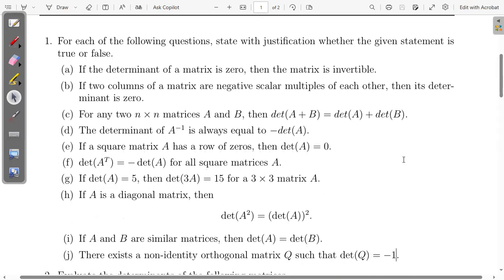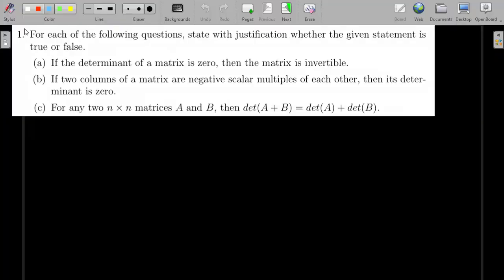And when we choose either of those answers, we have to prove, or give a justification, whether what we've said is truly true or false. So we start with A. The general question says: for each of the following, state with justification whether the given statement is true or false. The first one says if the determinant of the matrix is 0,